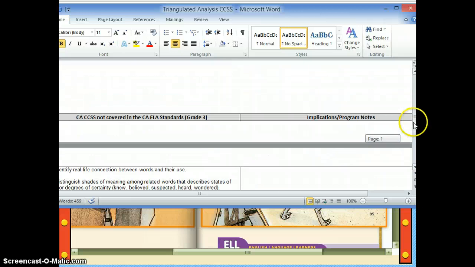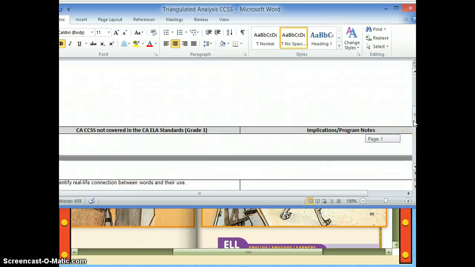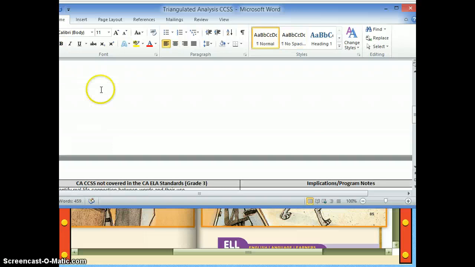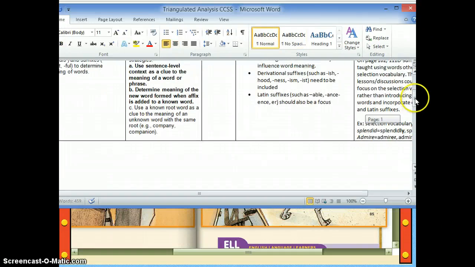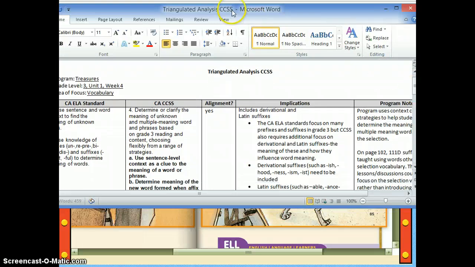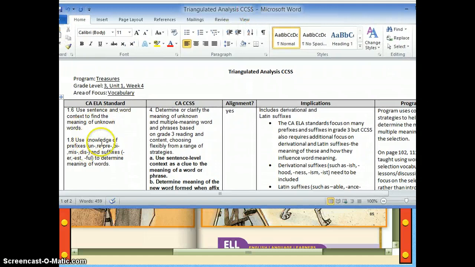So in this template, I really just showed you two examples, depending on how many standards you have over here. How many standards your unit is covering or addressing is going to depend on how many examples you do here. So like if you have comprehension, remember I said you don't have to look at,